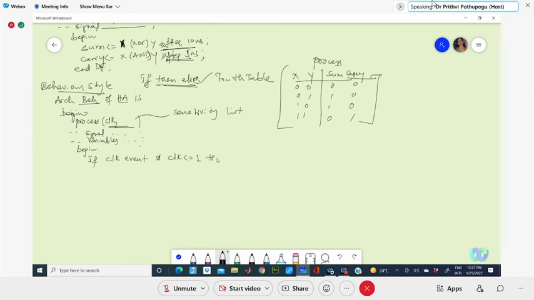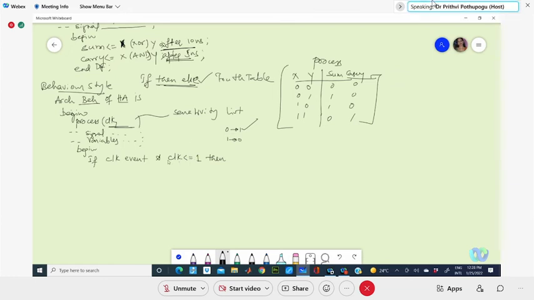This is the syntax. It means that on the clock, which is in the sensitivity list, some event is happening and that event happens to be 1. That means a 0 to 1 transition, and I'm taking the iteration. If I define this as 0, it means a 1 to 0 transition. So the statement declares that if the event happening is going from 0 to 1, then that is the statement we are giving. If then else statements.